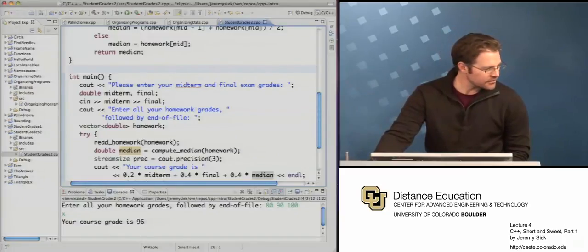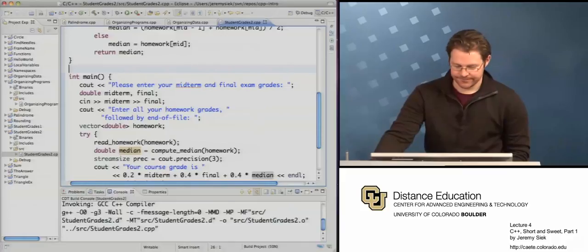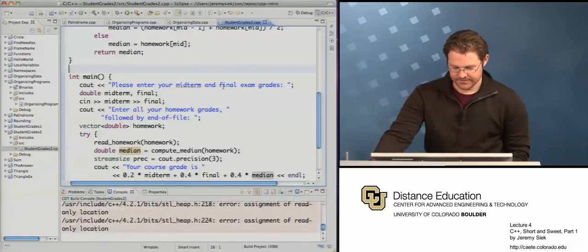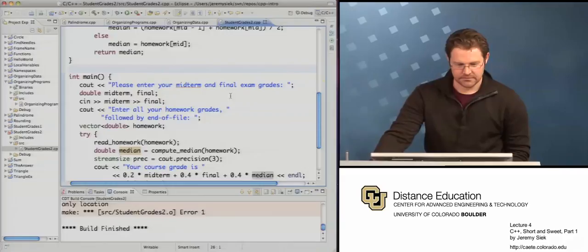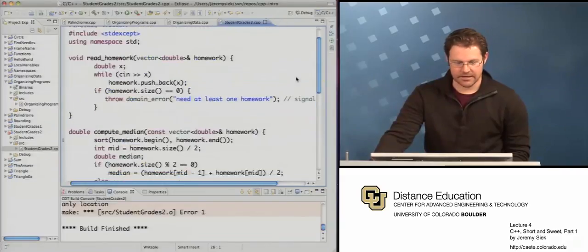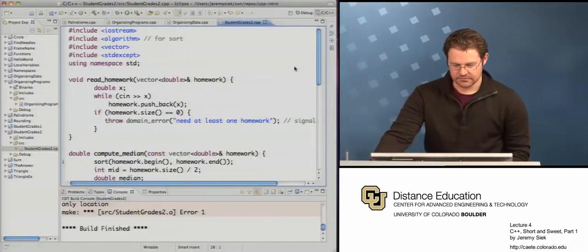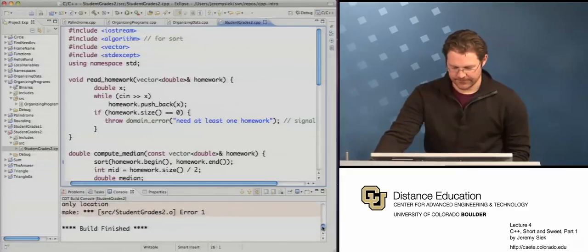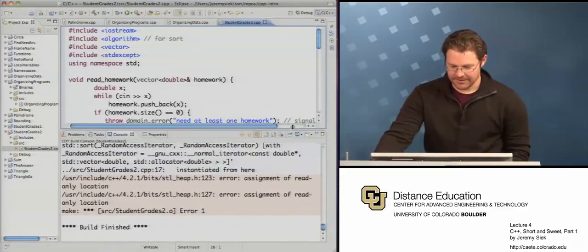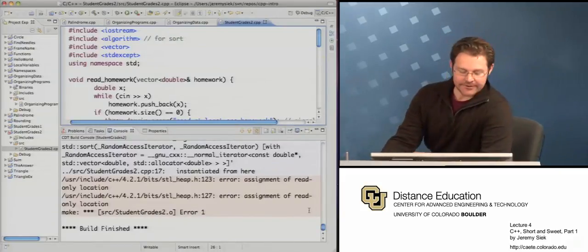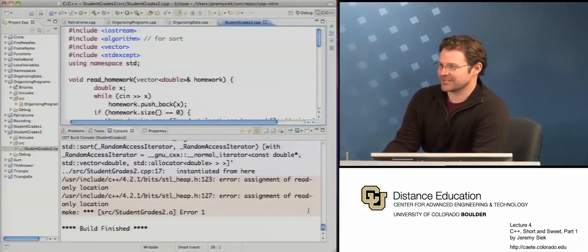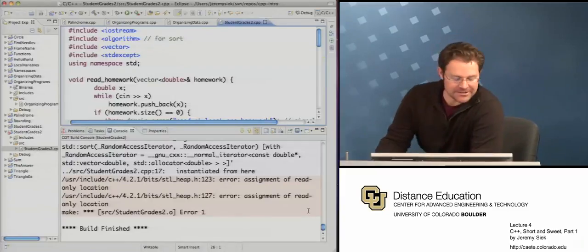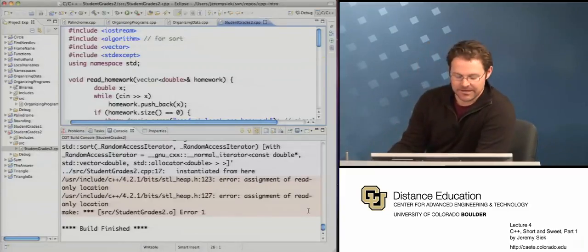Saving. Looks like we have all kinds of errors. Oh boy. I'm going to have to show this to you guys because it's part of the fun of programming in C++, getting horrible error messages. This is actually the kind of error message that my PhD thesis was trying to solve. And